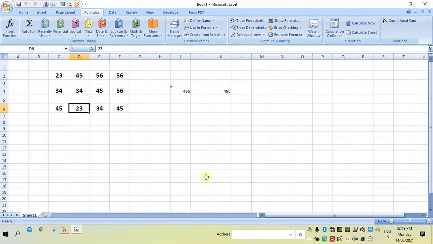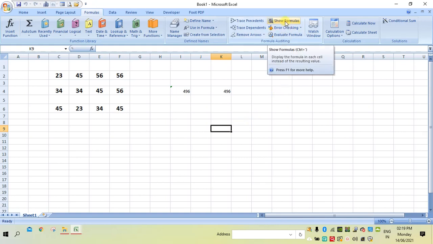So in this sheet we have two formulas. One is in this cell, another is in this cell. To see them, we have to select that cell and see the formula in the formula bar. Suppose you want to see those formulas in the cells itself, then what you do is click on Show Formulas.